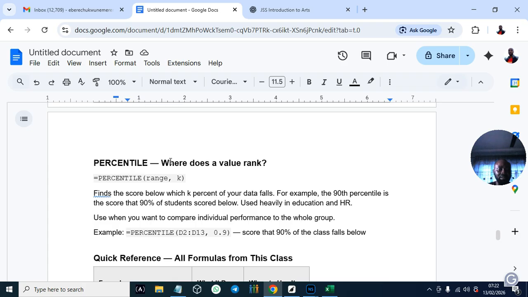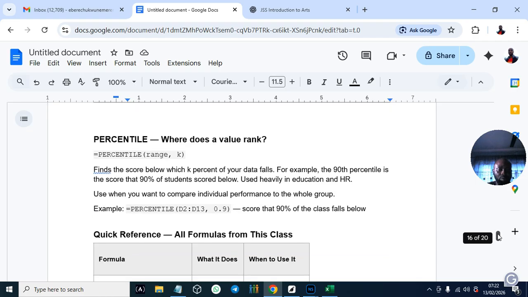Now the percentile, where a value ranges, is another topic as well. Finding the score below which a known percentage of your data falls. Find the score below which k% of your data falls.